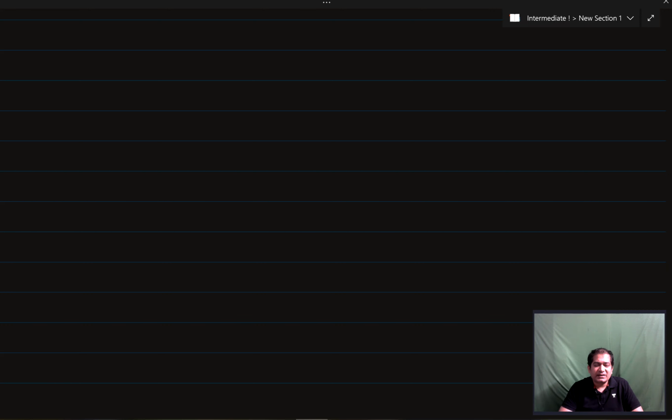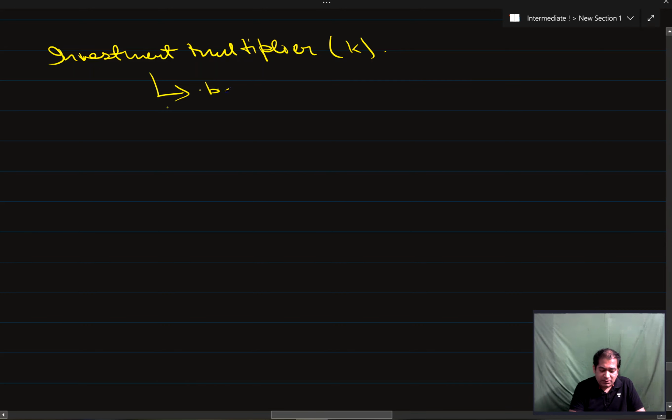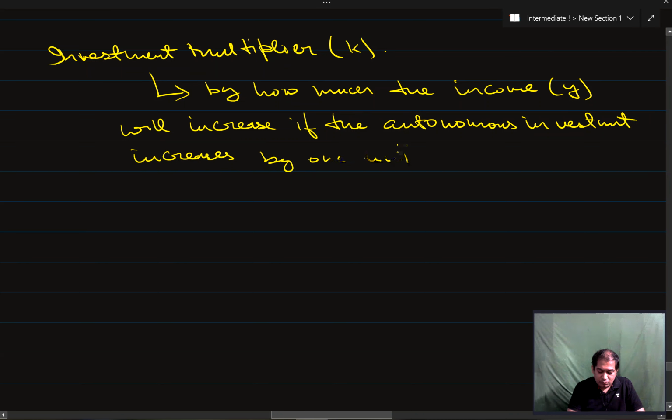The investment multiplier, which is denoted by K, tells us by how much the income, that is Y, will increase if the autonomous investment increases by 1 unit of a